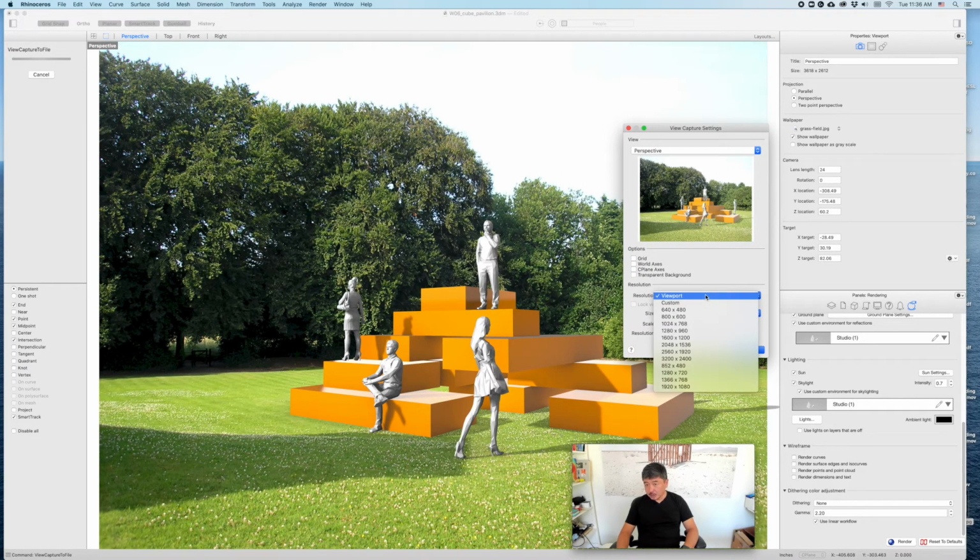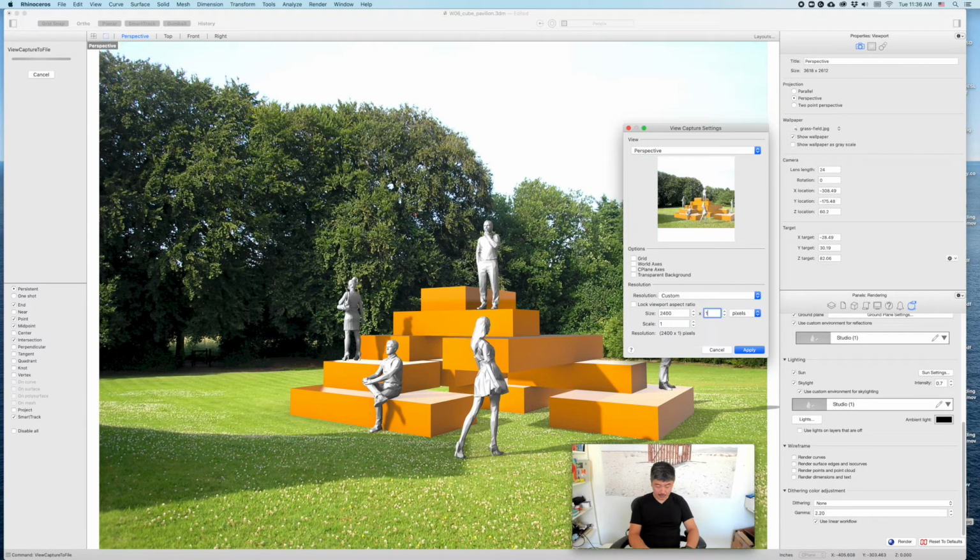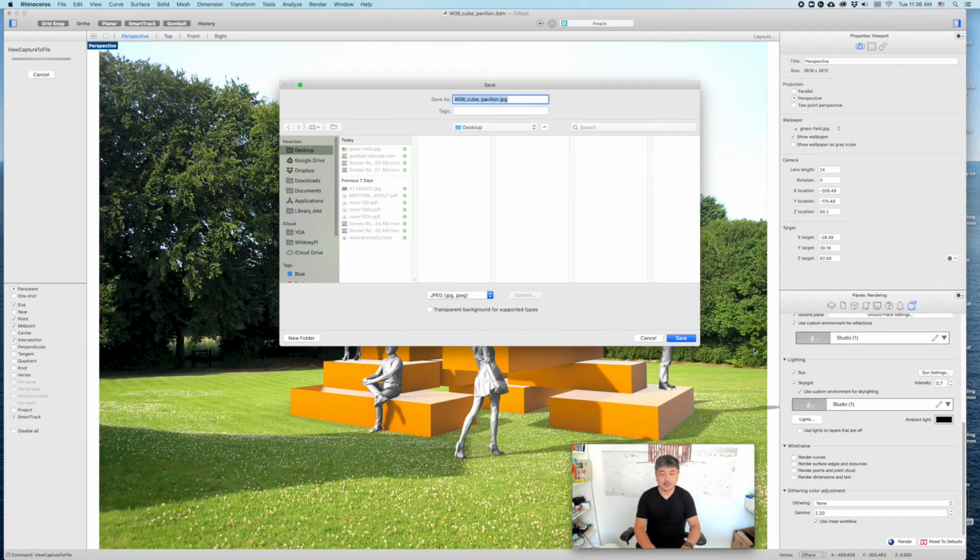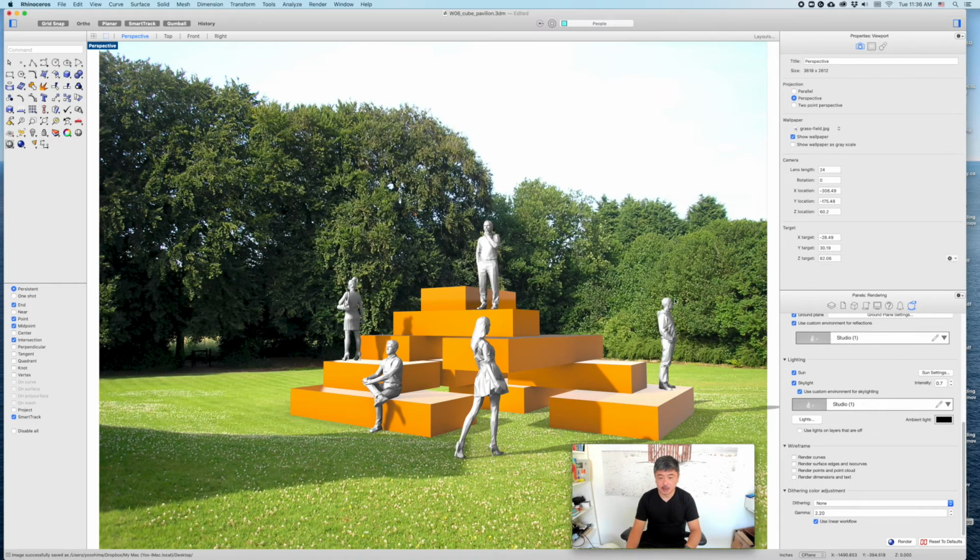Resolution, viewport resolution is pretty good now, but you could actually change it. I have a huge screen, so I can just do it this way, but you can just do custom and then, you know, 2400 by 1800 or something. I think that's going to give you a good size, and so yeah. Okay, so that is going to give us the